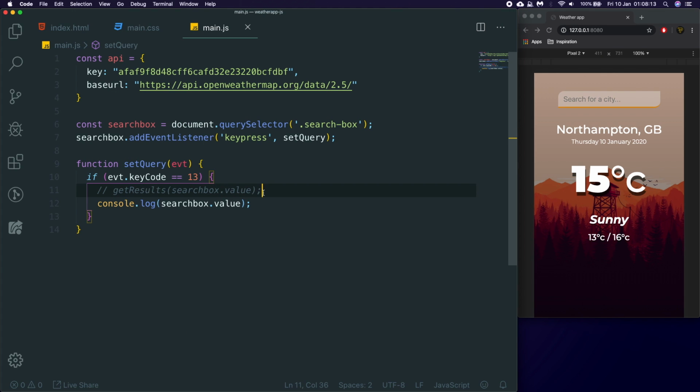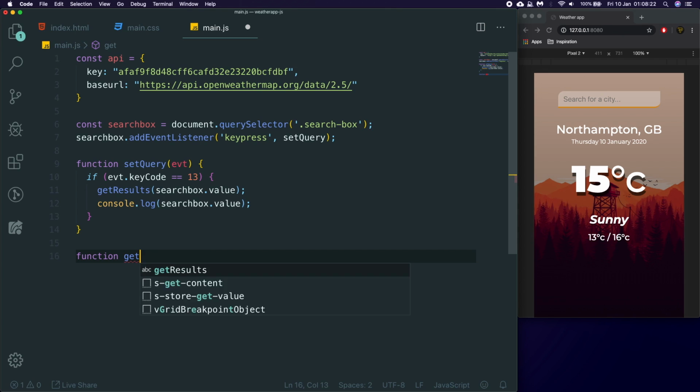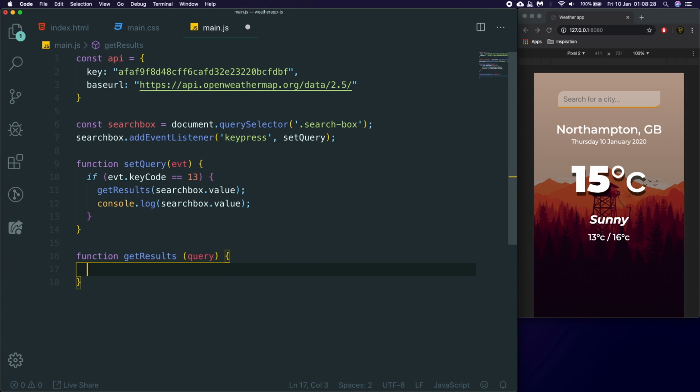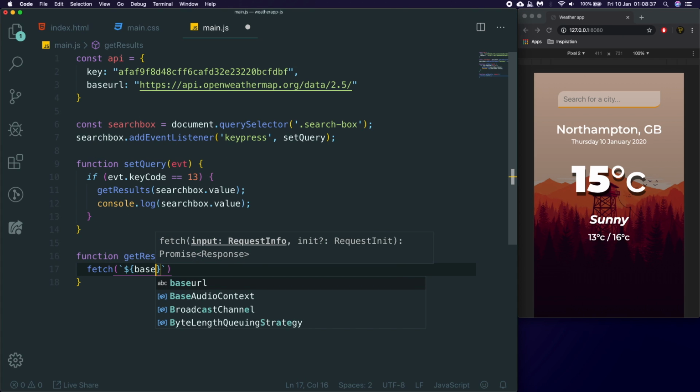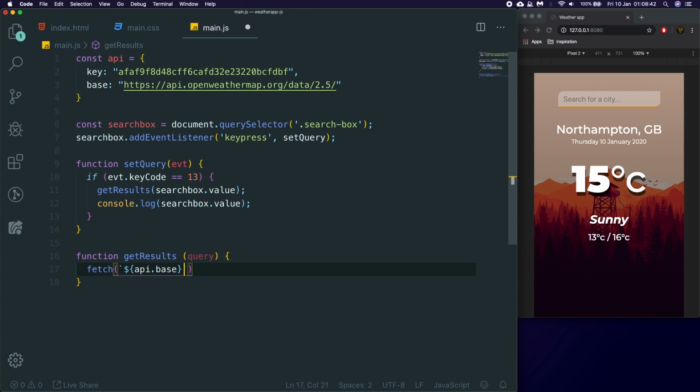So back at this, let's reopen get search results. And we're going to type in get results. I'm going to pass through a query. And the query, we're going to then create, we're going to do a fetch. And in here, we've got to do this. We can say base, or sorry, API.base. We can then say